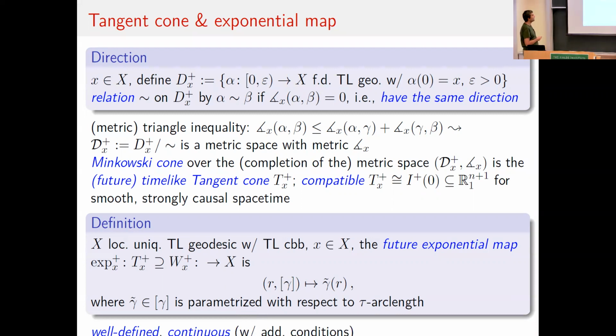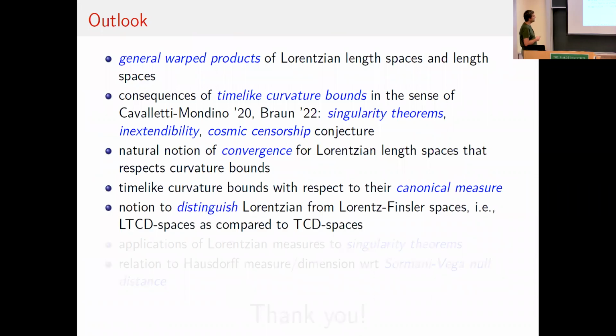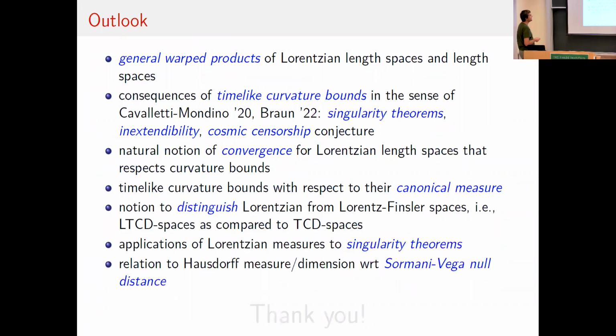And I'm running out of time, so I will not talk about the outlook, but let me just mention that there is still a lot to do, a lot of interesting questions, and I hope some of them will be discussed during this program. Maybe just mention that, of course, these Ricci curvature bounds that Cavalletti and Mondino introduced also have a Hawking singularity theorem. So it's very interesting what this implies, especially if you compare this to low regularity singularity theorems where you have distributional curvature bounds. So does it say the same thing, especially from a physical point of view, or not?